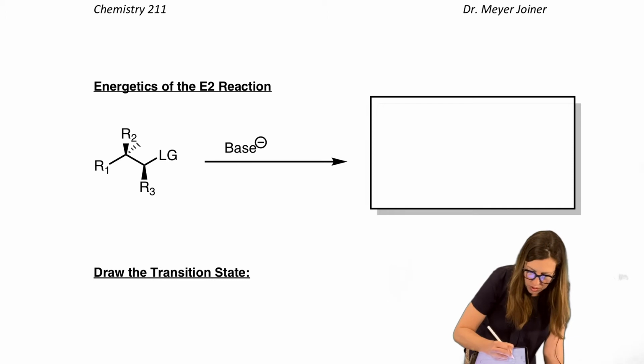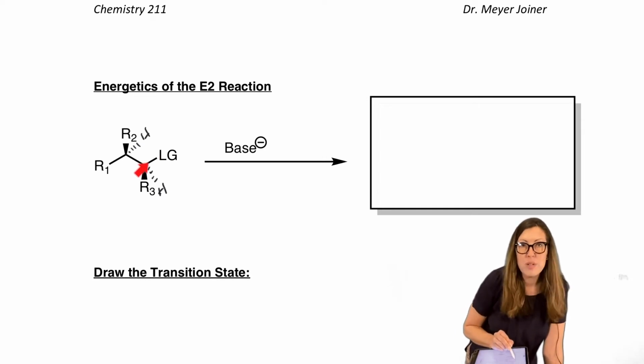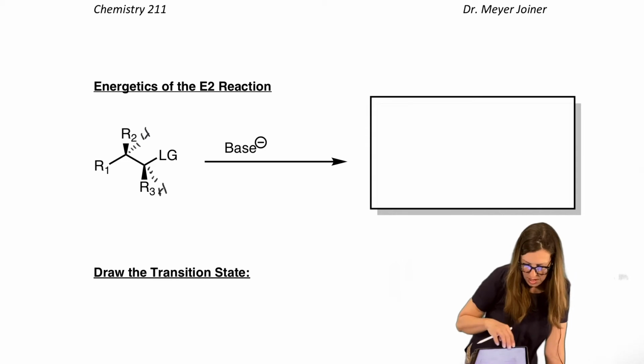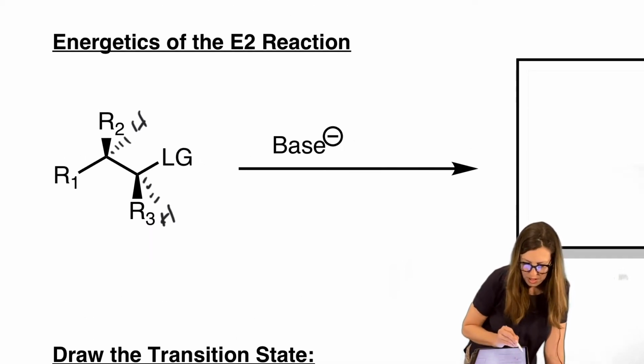So what I'm going to do is draw everything in, since my leaving group is part of the mechanism and it's attached to a stereocenter in one case and adjacent to one in the other. I'm going to make sure that I'm drawing everything in so I don't overlook something important there. Now I'm going to find my leaving group. Not too hard because it's actually labeled Lg. Now that means it's attached to the carbon called alpha.